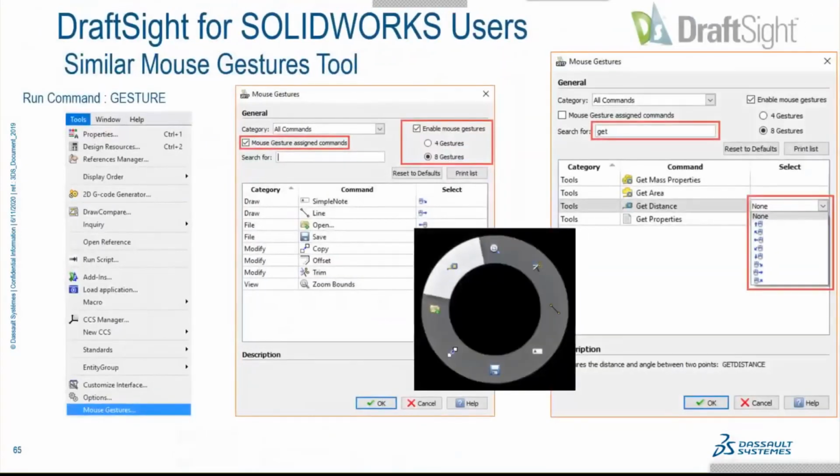Mouse gestures, we talked about this earlier, but mouse gestures, if you like them inside SolidWorks, you can use them inside DraftSight. If you don't use SolidWorks and you use AutoCAD, you have this functionality available to you, which is nice. We can quickly turn on what we want to. So if I left click and drag, notice I have 8 versus 4 picked here. So if I left click and drag, or sorry, right click and drag, if we look at this one right here,